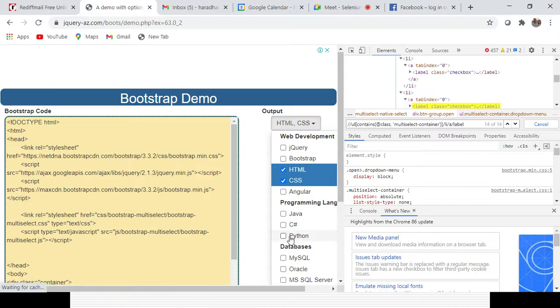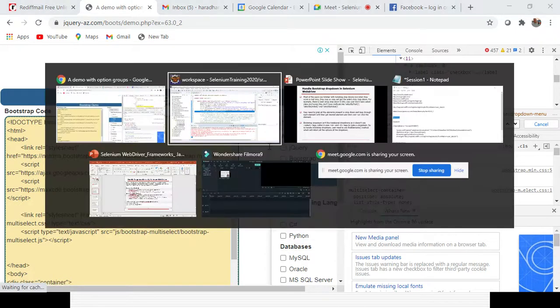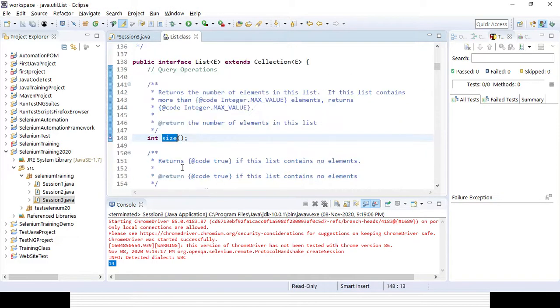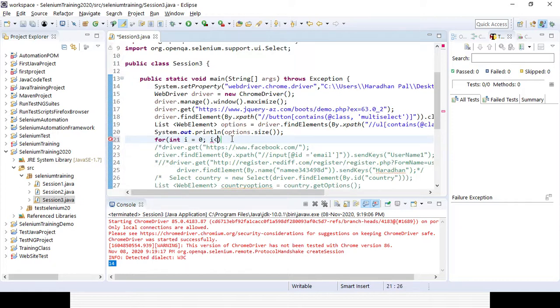So I will simply use a for loop. For integer i equal to 0, i less than options dot size, i plus plus.